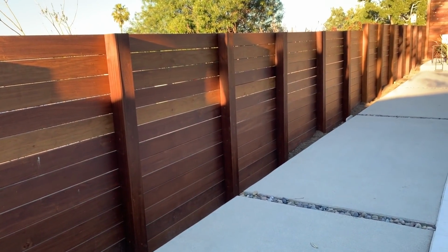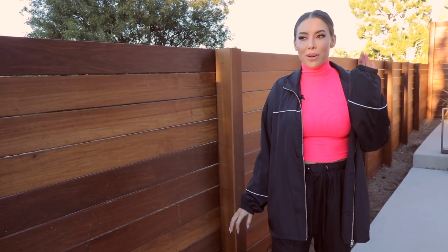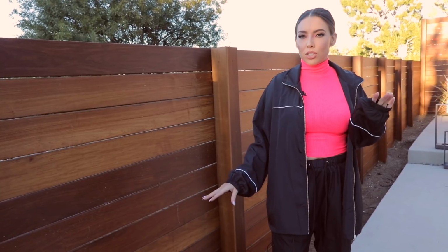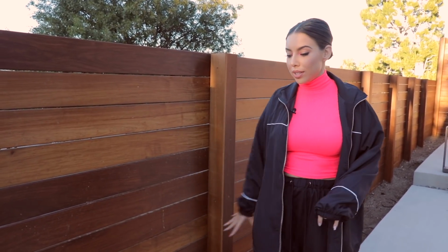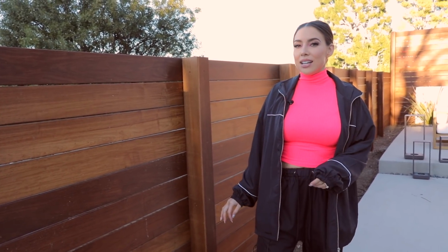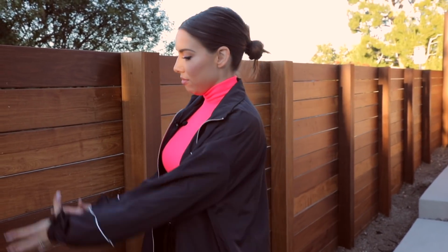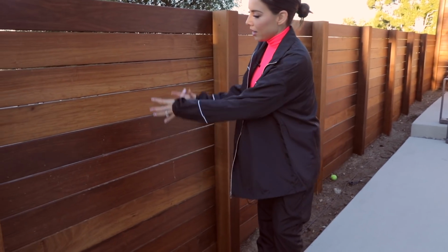Another area that we need to landscape is this whole side along the fence line. I'm not going to do stones here just because of how I feel about it, and I feel like it's going to be too much stone and concrete all right here. So I think I'm going to do some black mulch all in this whole planter area alongside the fence. I'm still trying to decide on plants that I want to do, but I'm thinking every other panel, these agave plants, but they're maybe this high from the concrete, and then they have kind of like a little...